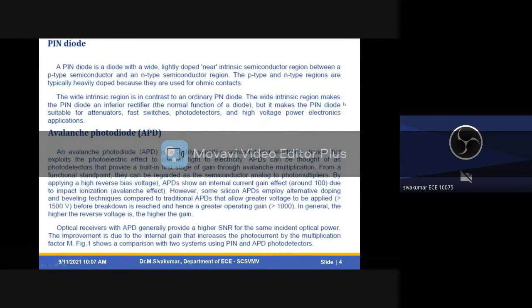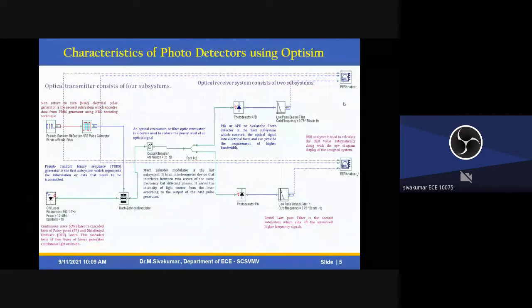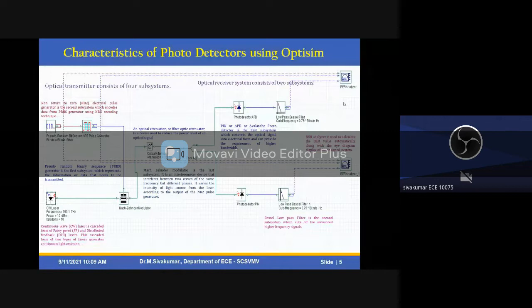Here's a small introduction about the PIN diode and avalanche photodiode. The diagrams have already been circulated through the chat box, and this is our diagram. Based on that, you just drag and drop the components to make one default layout to study and analyze photodetectors using OptiSim. The characteristics we are going to analyze are Q factor and gain of the avalanche photodiode,